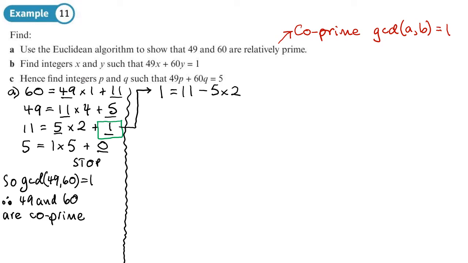I suppose I should put part B here, like this. Going back to the previous line, we're going to replace the 5. So look at the remainder. So the 5 will replace with, let's write it as minus 2 times by the 5 that we're going to replace, which is going to be 49 minus 11 times 4,